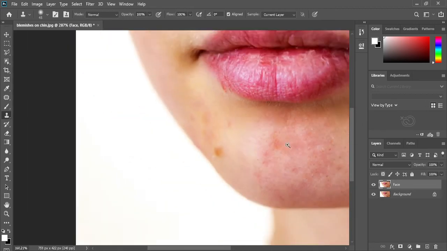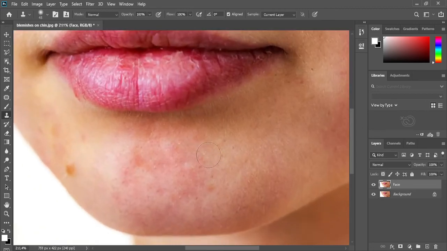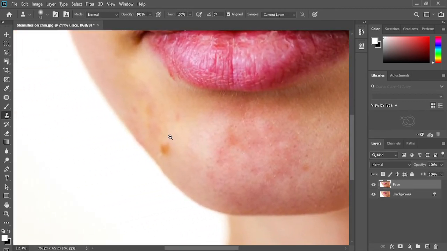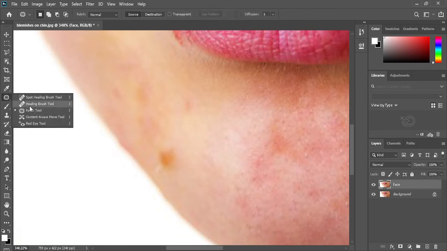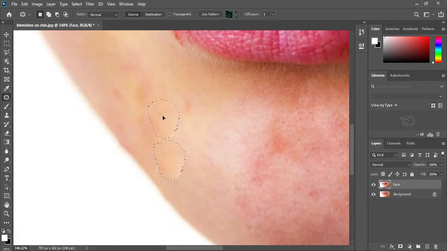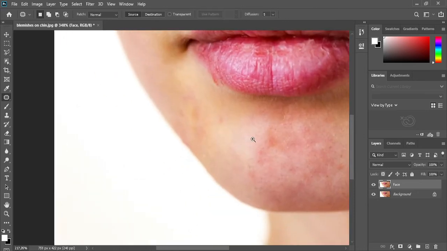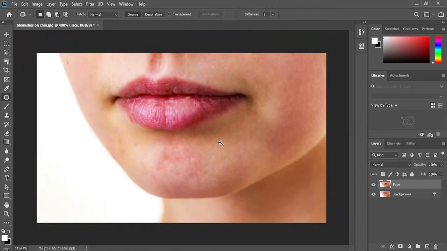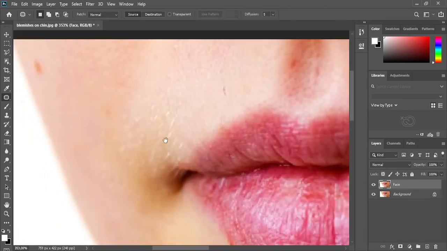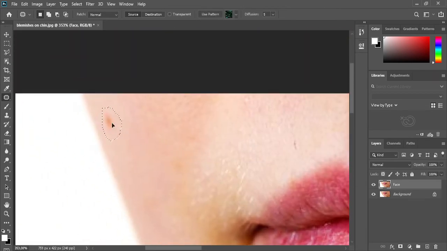So this is why I recommend you not to use the stamp tool if you're a beginner. Even me, as an intermediate, I don't even use the stamp tool to fix my acnes. I often use these 3 efficient tools. Look, easy peasy. That is it. Now look at the blotches. They're all gone.